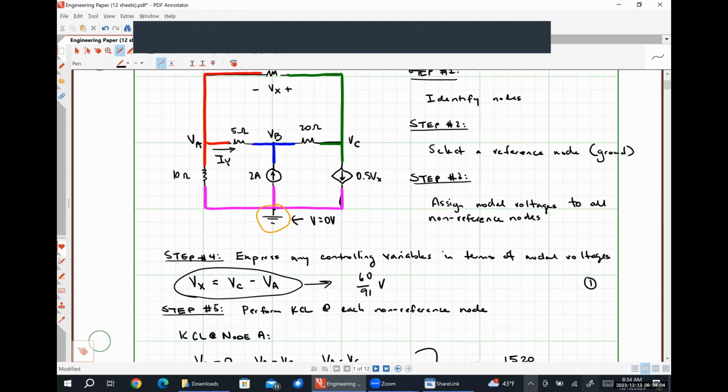So the current's flowing from left to right, so it'll be VA minus VB over 5 ohms. The current's leaving node A and flowing to node B, so it's A minus B over 5 ohms. Okay. What would the power